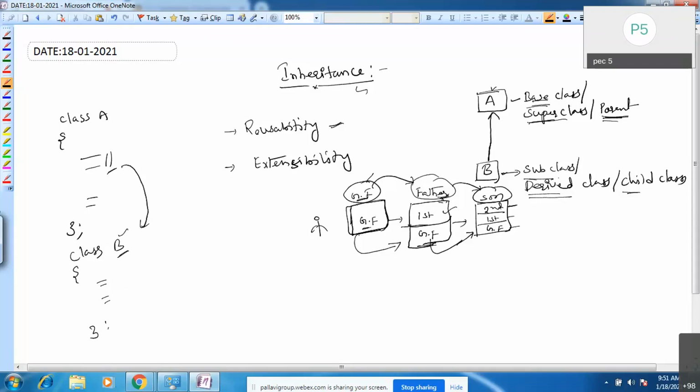Here the ground floor is there, and within that ground floor you are reusing it. Inside this ground floor, you are constructing one more floor. Inheritance gives the reusability concept. Already you have some data members and member functions, and you are simply deriving those data members. If you derive that class into another class, everything you have inside A comes along.